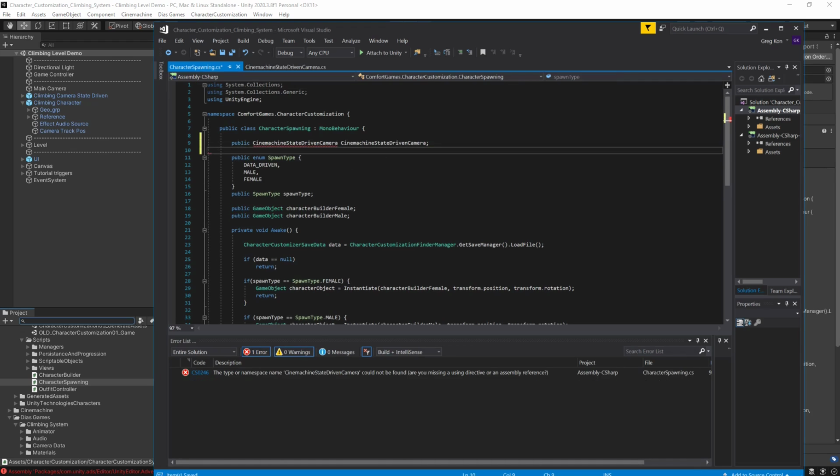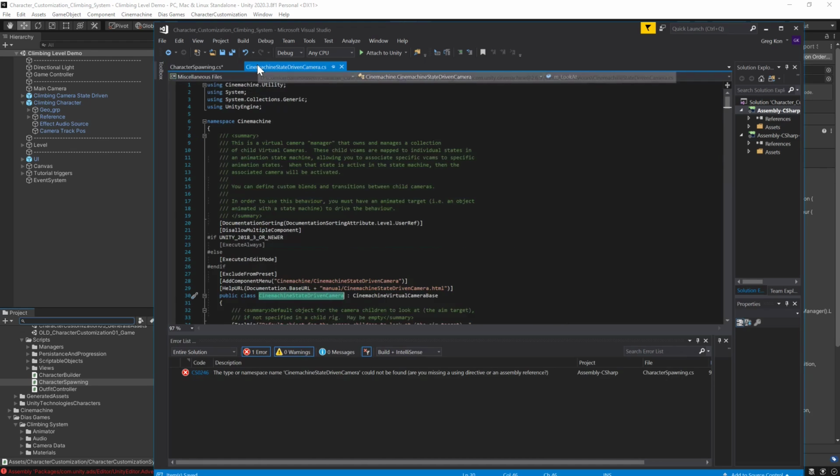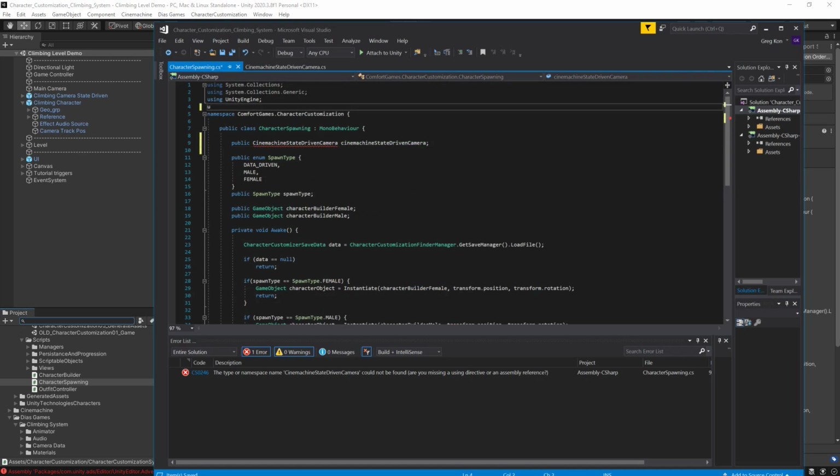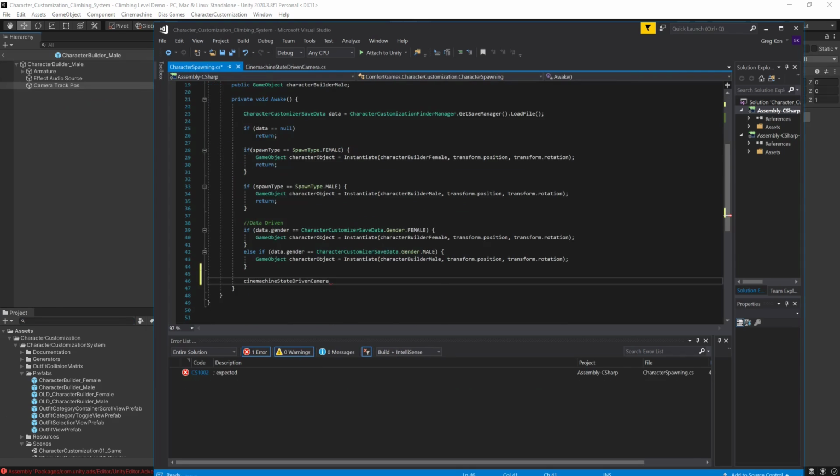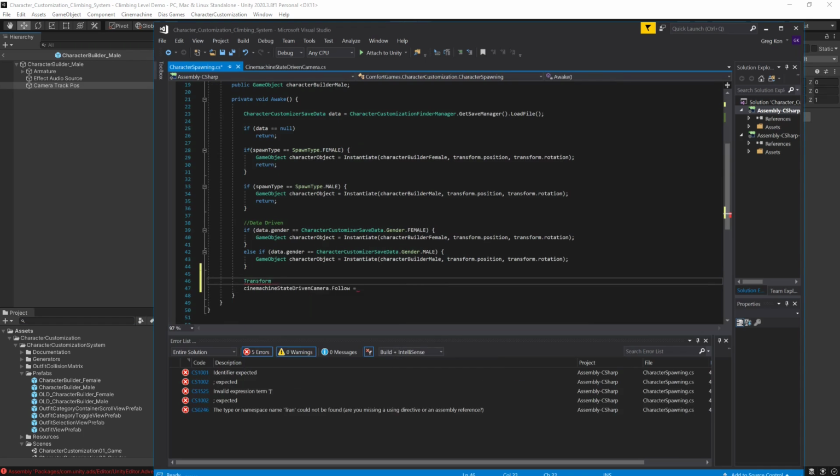Cinemachine state driven camera. We're going to need to use Cinemachine in our using. And there we go. So now we're going to have a reference to this camera. Dot follow equals, and we want to make a transform that's going to be camera target equals